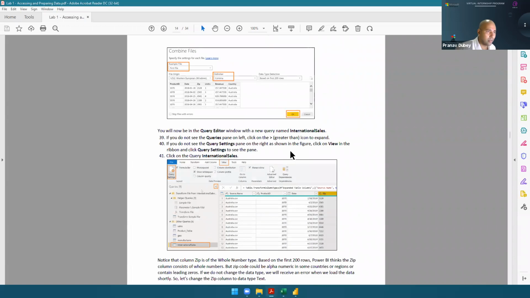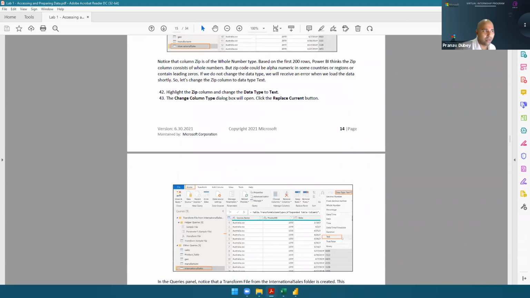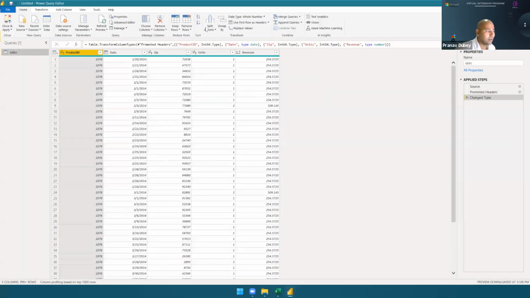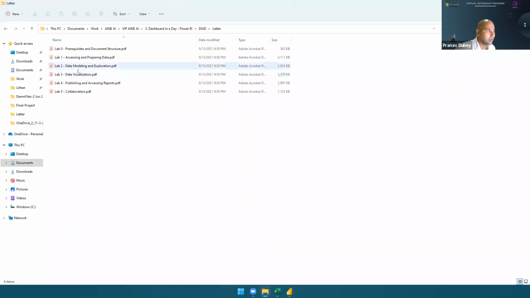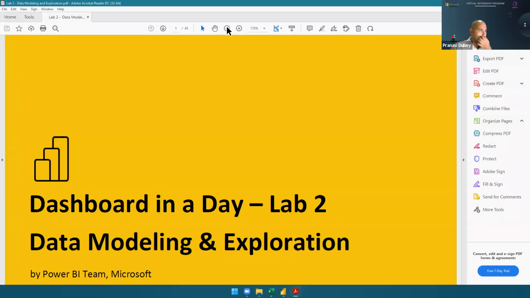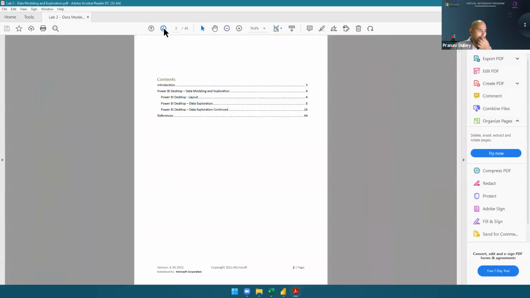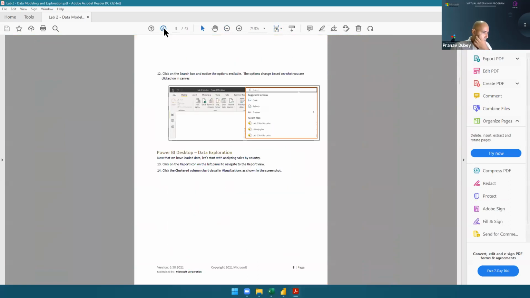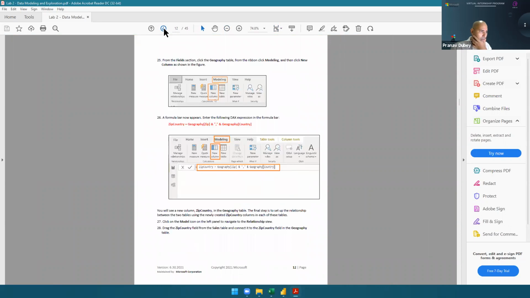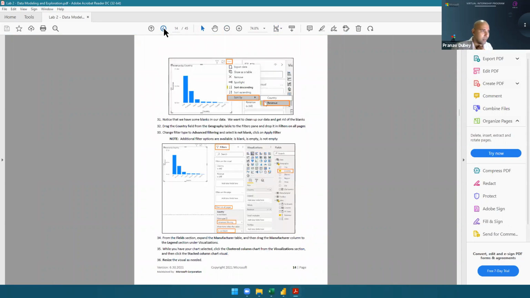That particular value will come into our second lab, in data model exploration, when we are creating a couple of visualizations. So some of the values will not be exactly the same.